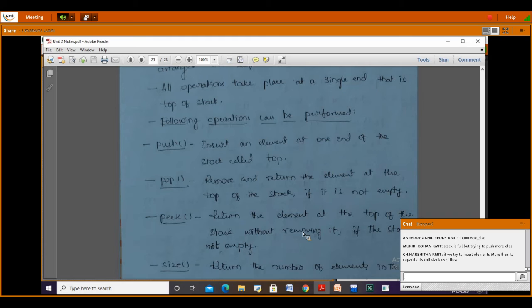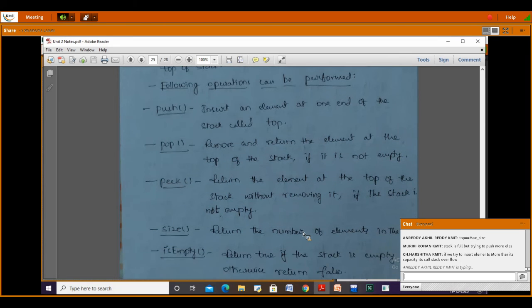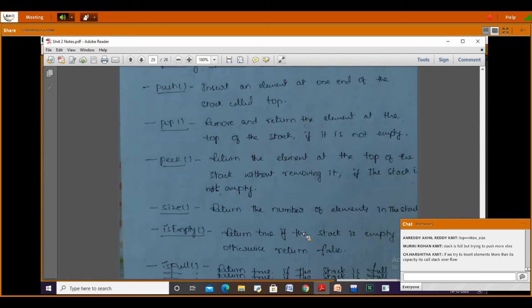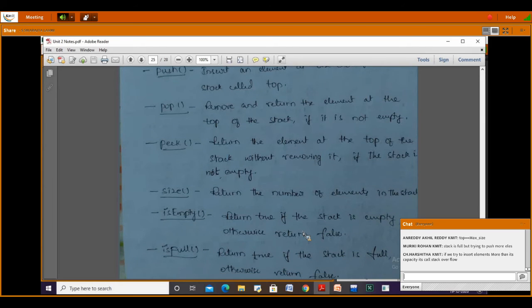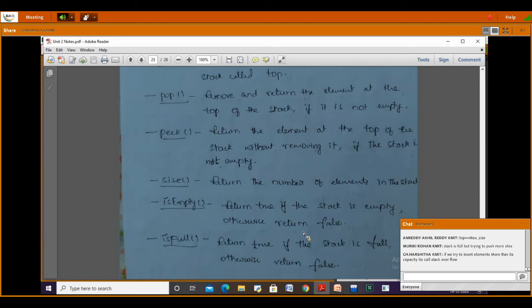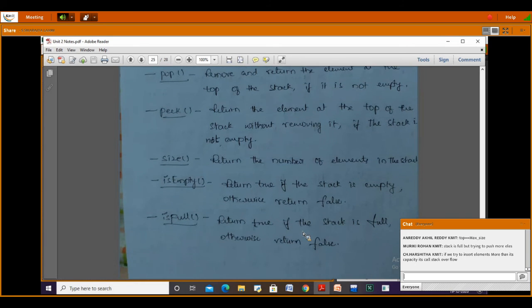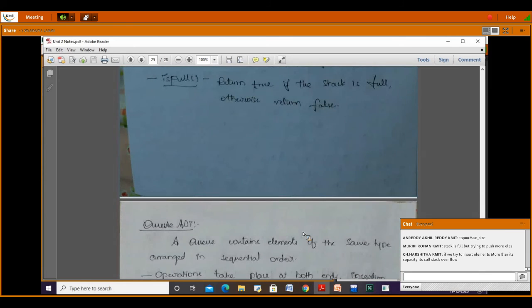Then peek returns the element at the top of the stack without removing it, if it is not empty. Size returns the number of elements in the stack. Is empty returns true if the stack is empty, otherwise returns false. Is full returns true if the stack is full, otherwise it returns false.